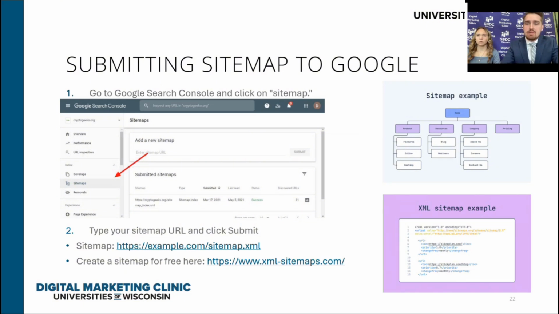Here's where you submit those sitemaps to Google Search Console. Like we mentioned, a sitemap represents the structure of your website and how your web pages are laid out. To the right here is what the structure looks like. Through this link at the bottom, you can create an XML sitemap for free, which ends up looking like this to the right and is what is submitted into the Search Console.